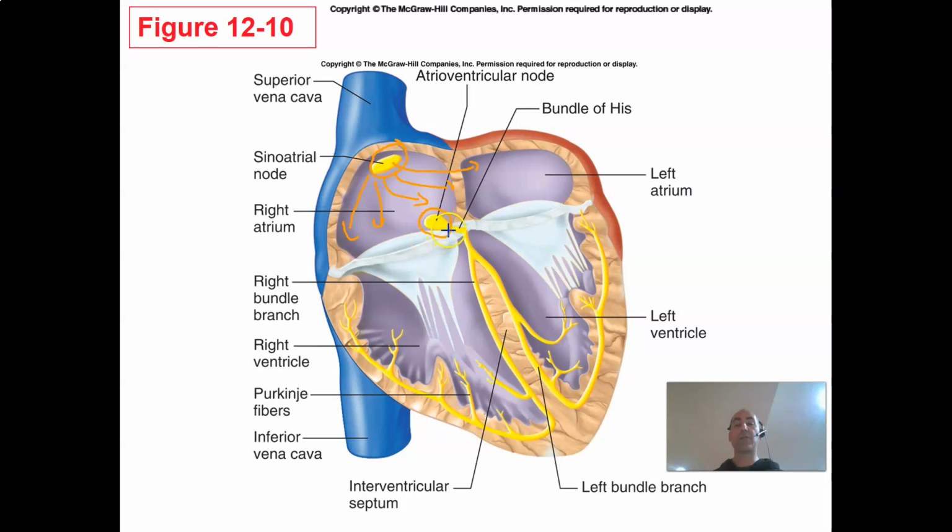It eventually will get through. It will move down the bundle of His. And there are two bundle branches of the bundle of His. It's basically a big nerve. You can think of it as a giant axon. The bundle of His, two bundle branches, transfer its electrical current to all of these smaller axons or nerves that are called